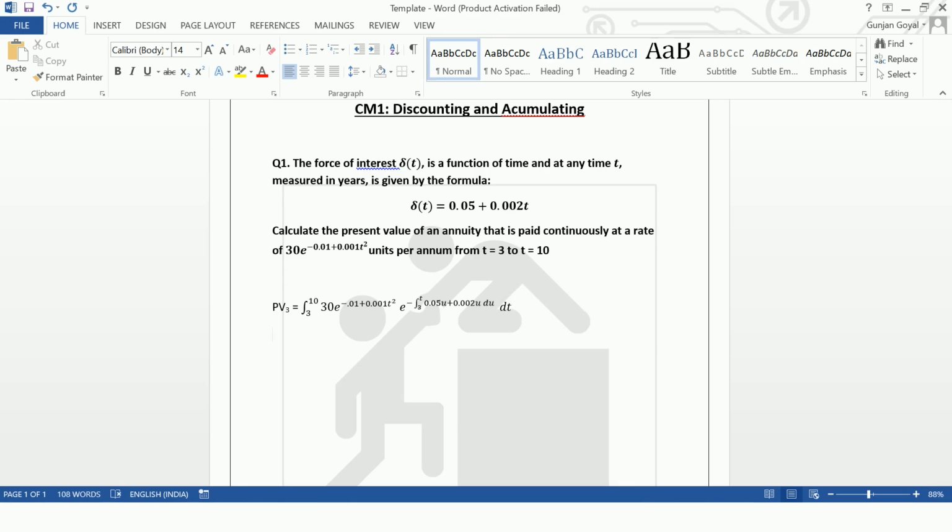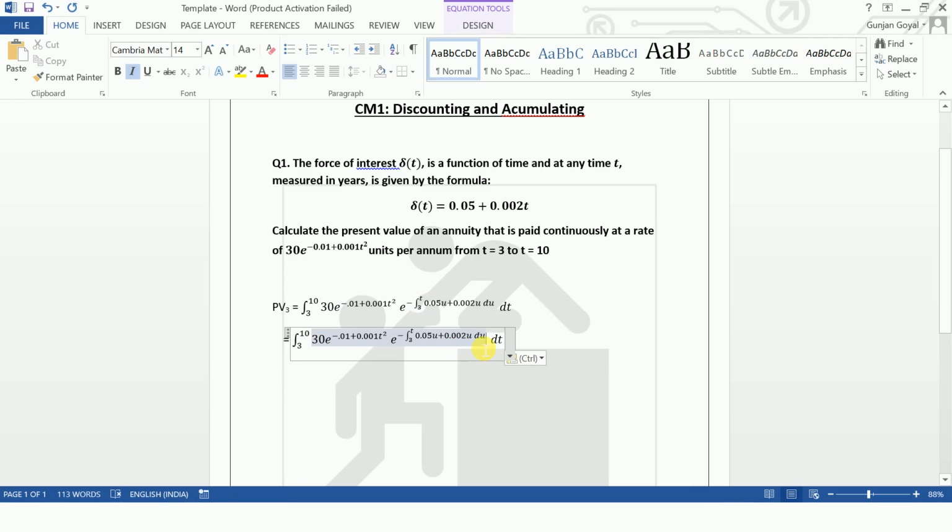Okay, and now solving this integral I will show you. So now to solve this integral, first we have to solve the second part. Okay, so now for the second part, please start copying. Start copying the equation. So we copied. Now what part we don't need is this part, which we need to change here,